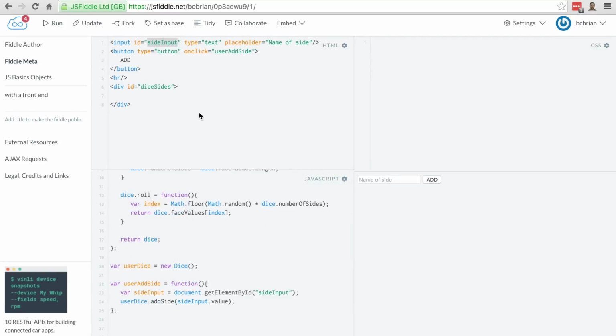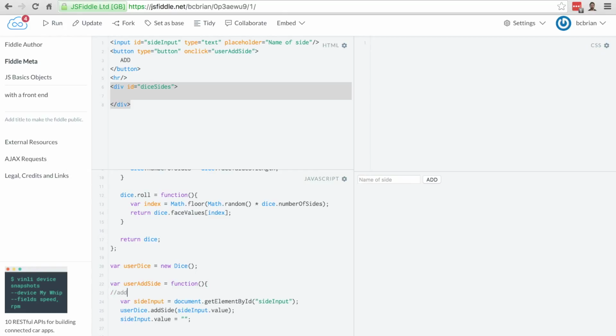So the next part that we want to do is make sure that this component is being updated with the interiors. One other step we're going to do is, after we add that value, make the value equal to 0, so it clears out the string. We're then going to, so let's do this, add side, and then we're going to update